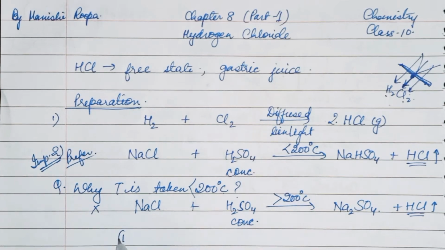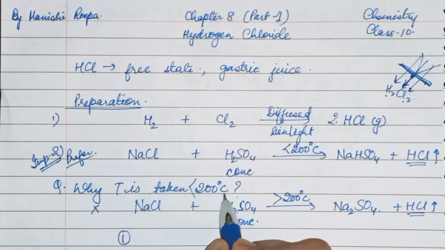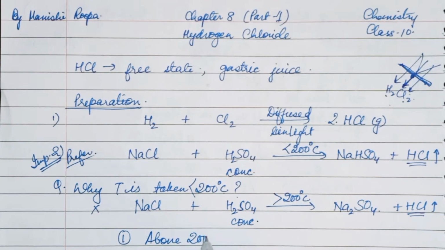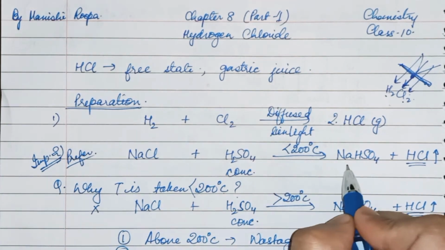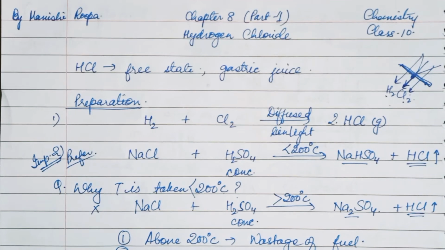So the first point is why the temperature is taken below 200 degrees Celsius: because above 200 degrees Celsius, there will be wastage of fuel. Wastage of fuel will be there because the products are the same. So if we are getting the same product at low temperature, why would we waste the fuel? The second point is that the byproduct is changed,